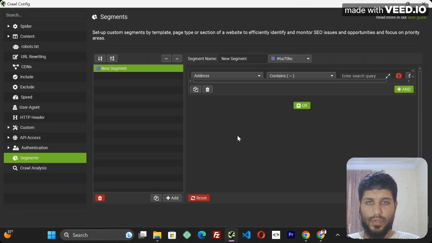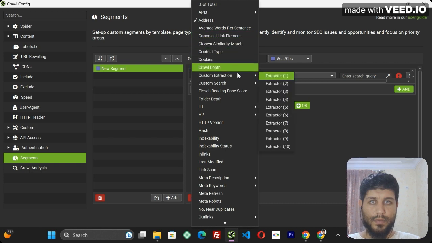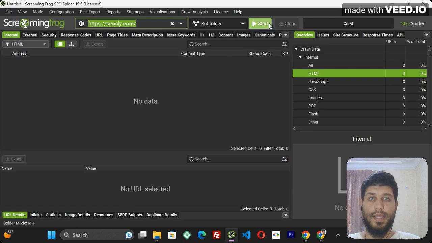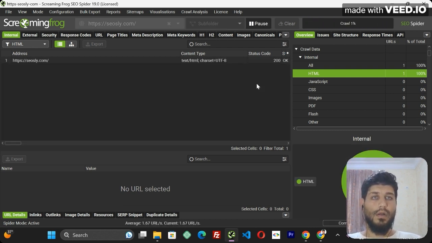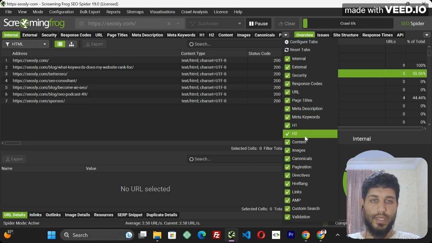So in segments, we would look for not the address, the custom search. Custom extraction, custom search, non-colorization. And click OK again, and we can launch the crawl here. What we can do now, we should go to the custom search here